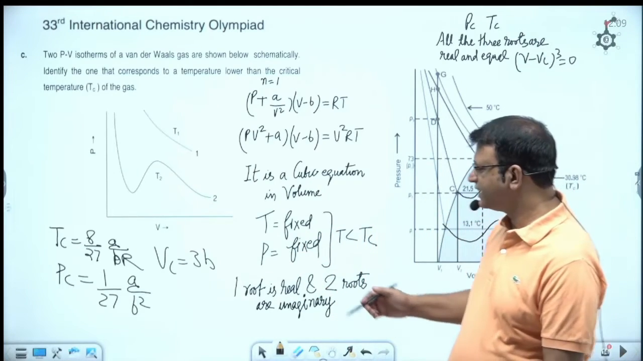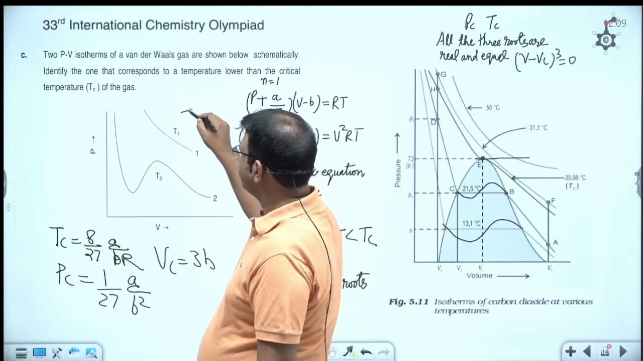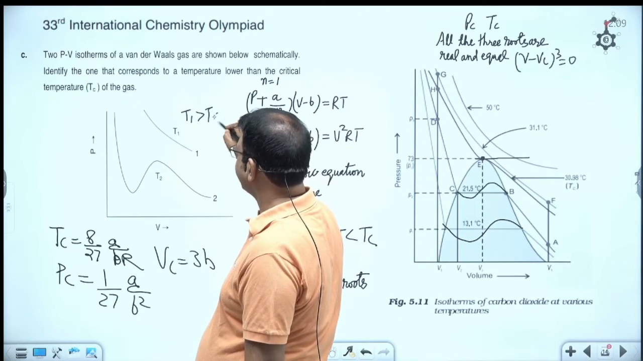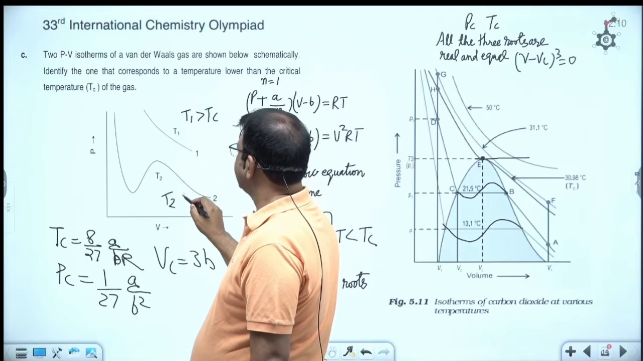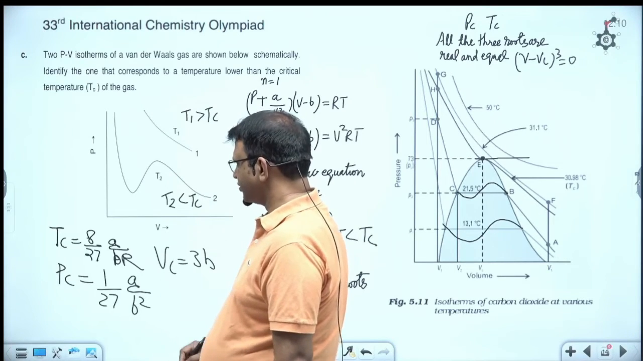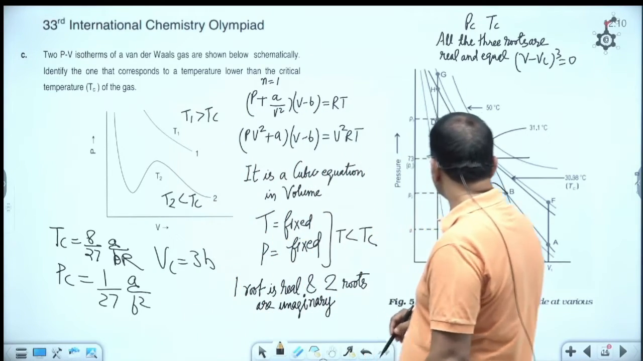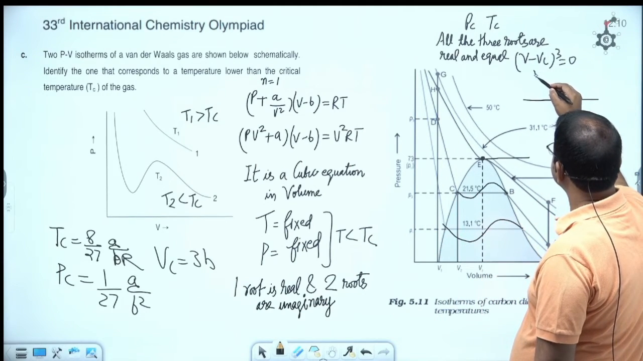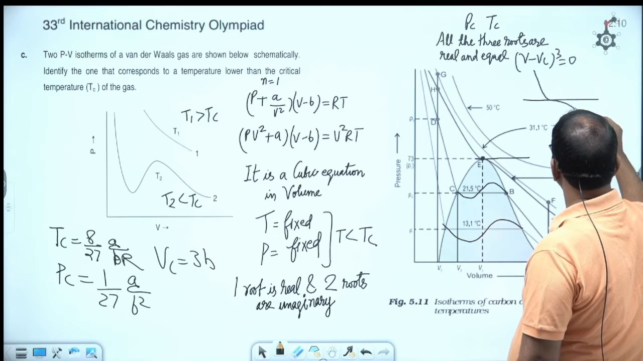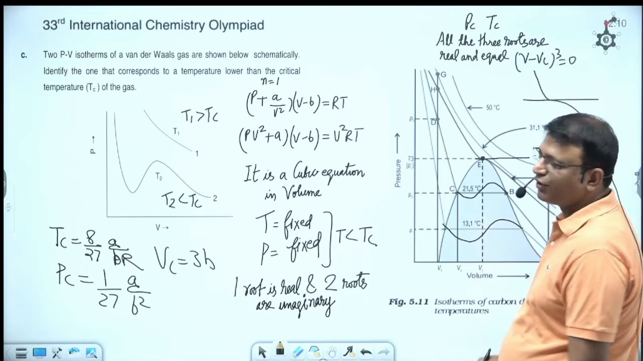So we can say here that the temperature T1 is greater than critical temperature, and here the temperature T2 is less than critical temperature. और अगर क्रिटिकल टेम्परेचर होगा तो दिस ग्राफ इज लाइक दिस, देयर इज अ इन्फ्लेक्शन पॉइंट ओवर हियर, यहाँ पे इन्फ्लेक्शन पॉइंट होगा,